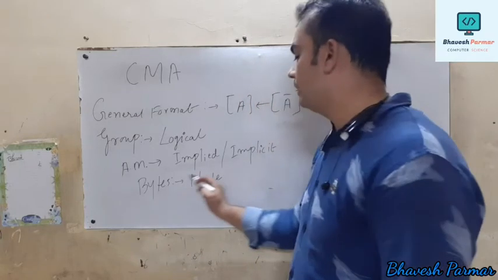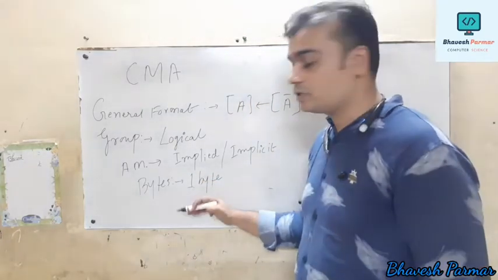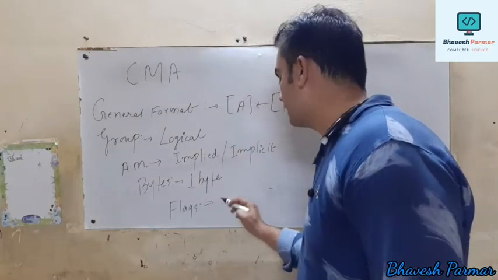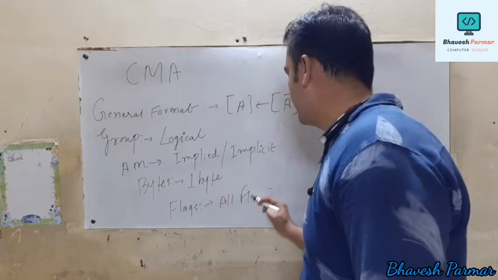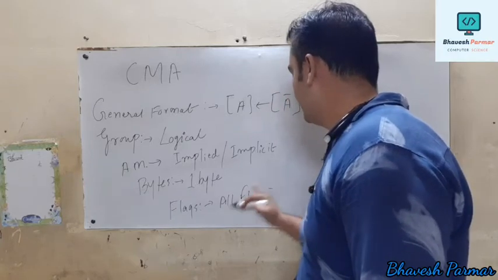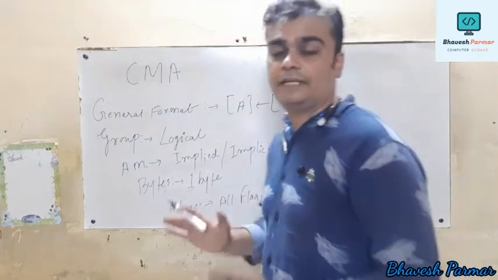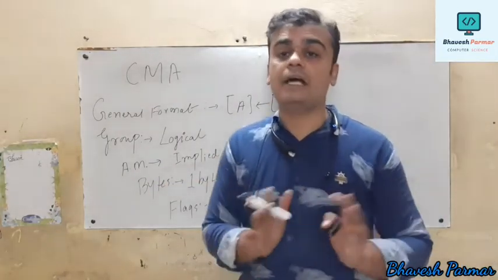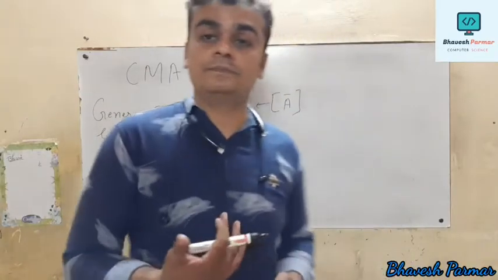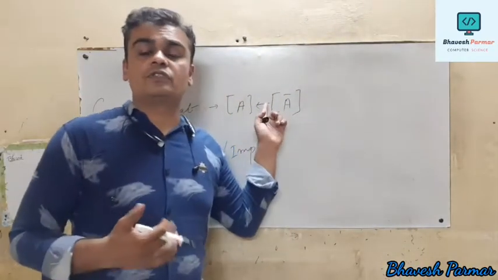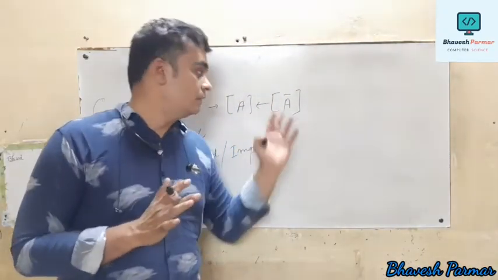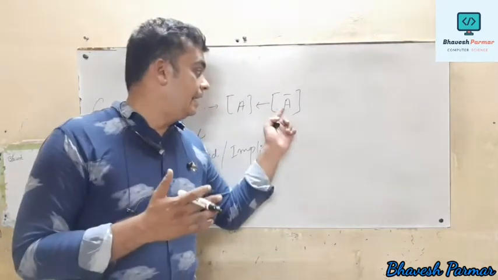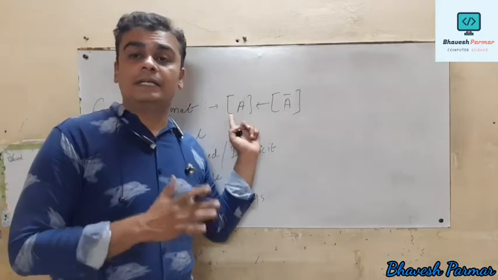So in the byte column I am just writing down 1 byte instruction, and in the flag column you can just write down all flags may be affected. We don't know whether actually it is affected or not, so that's why we just write down the tentative statement, all flags may be affected. Now how to write down the explanation for this? When this instruction is executed, the microprocessor performs one's complement of the accumulator, and it will be stored in the accumulator itself.